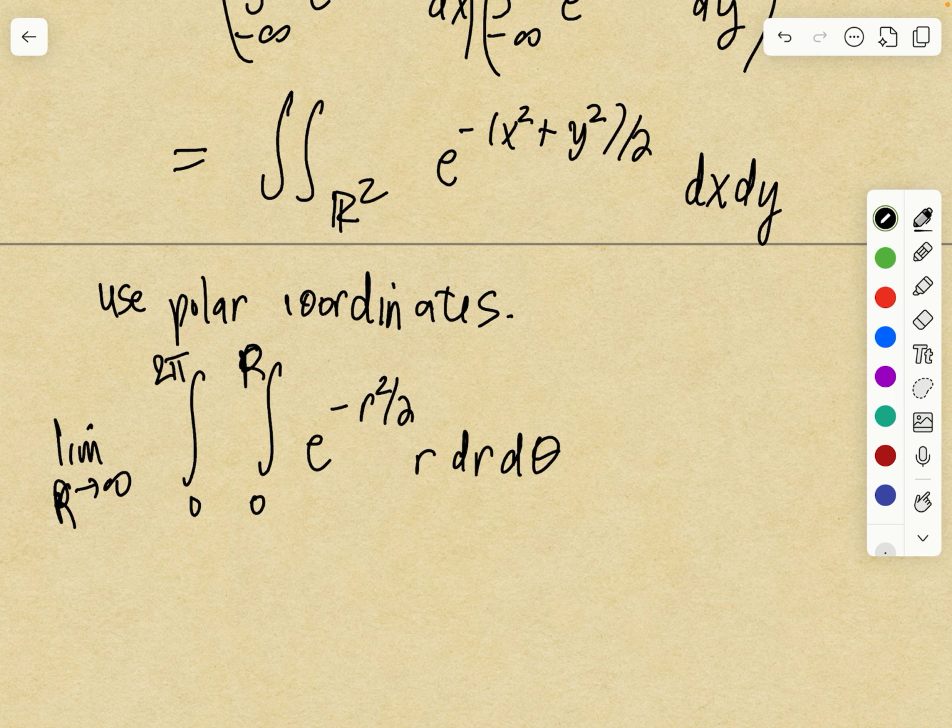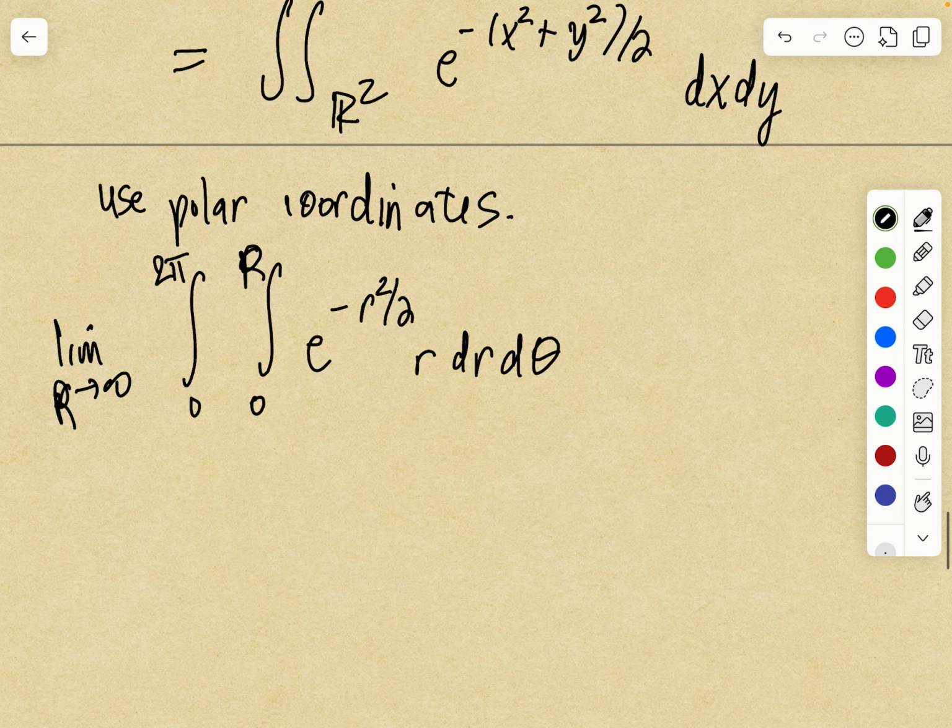I'm using the polar coordinate formula, the change of variables formula. And when you do this, this inside integral is going to be,